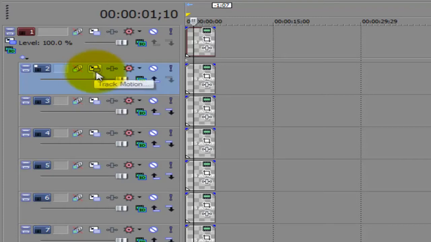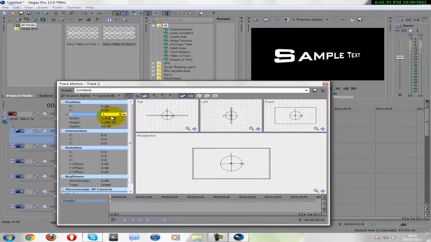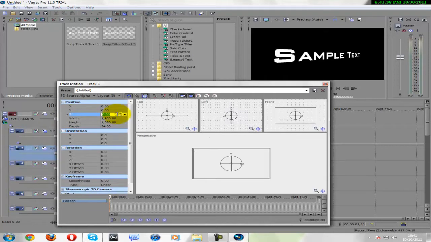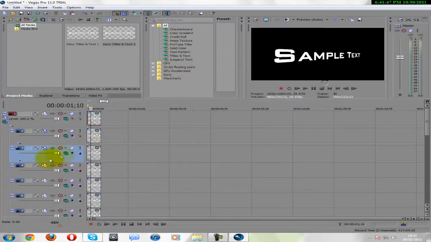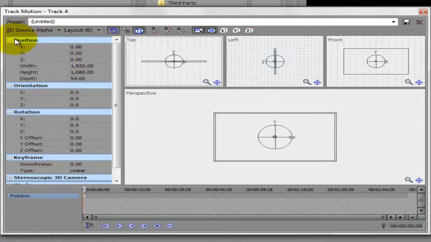Anyway, if you click on track motion and click where it says Z on the position, we're going to type in 1. Okay, and we're going to do this for every single one of these, but say on the third track, which is our second one after the first one, not including the first one, I'm going to make that 2. Basically we're going to increase it by 1 every time. So again, click on track motion, under position, Z, make it 3,